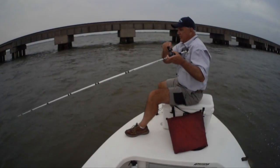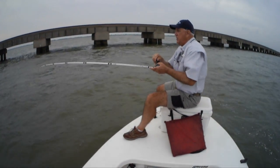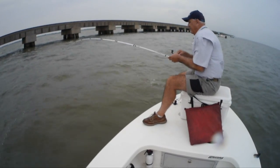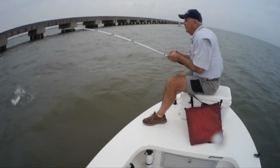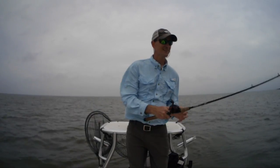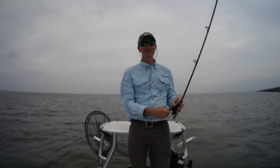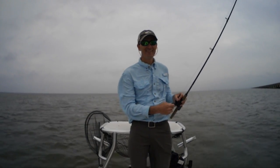Yes, yes, yes. Make sure that... Real big. Oh yes, he's pulling drag. Oh, big. I'm gonna get the net. Redfish. It's like about a 17-inch redfish. You could tell that was a big fish. You're getting pretty excited. You thought that was your 7-pound trout. That's what I thought. And that's at least a 4 or 5 pound